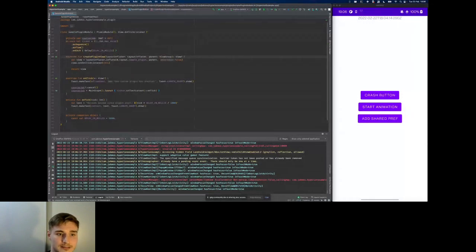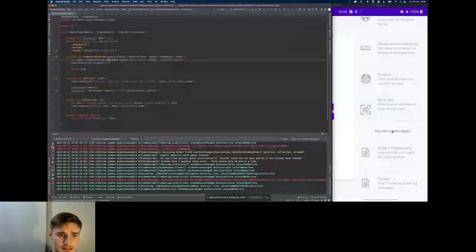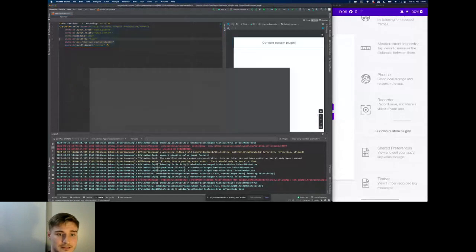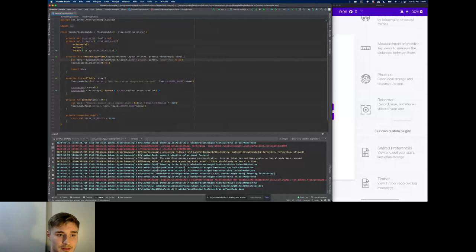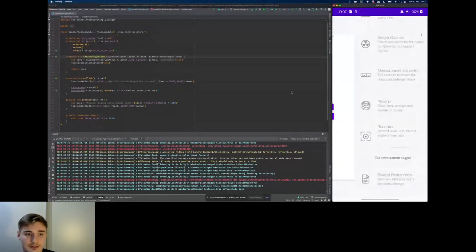This class creates the view visible on a list of plugins. So now I will open Hyperion again. And as you can see here, there is a plugin called Our Own Custom Plugin. That plugin that I've created, you can see the view here. It's a simple text view with some text. So the only thing that we actually need to do is to inflate that view and return it from this method. Thanks to that, Hyperion will be able to automatically find this plugin and attach it to the list. So it's going to be visible.